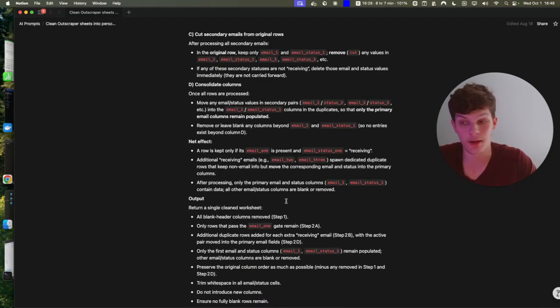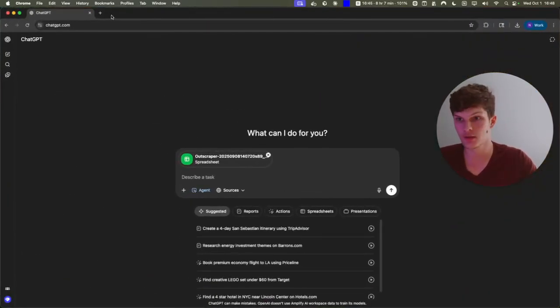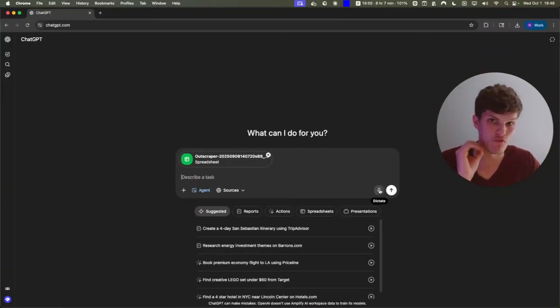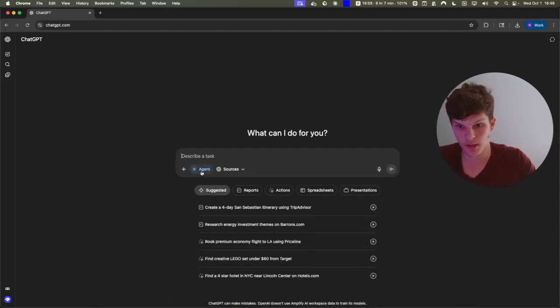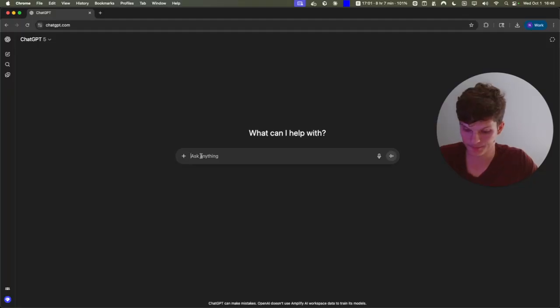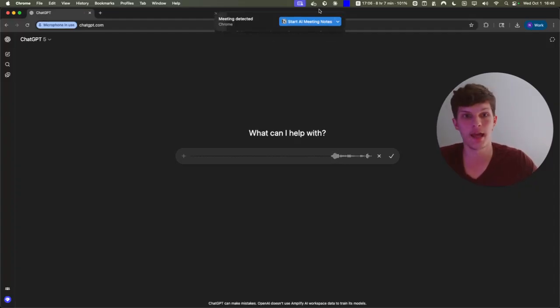Now, what I recommend first, is when you know you want to take a bunch of data, a spreadsheet specifically, or anything really, and you need to clean it, you go to this function right here. Before you do this, click dictate and describe in as great detail as you can what you want to do. Let me give you an example. We'll just cancel this. We can always re-upload it. Probably would have been better to keep it, but